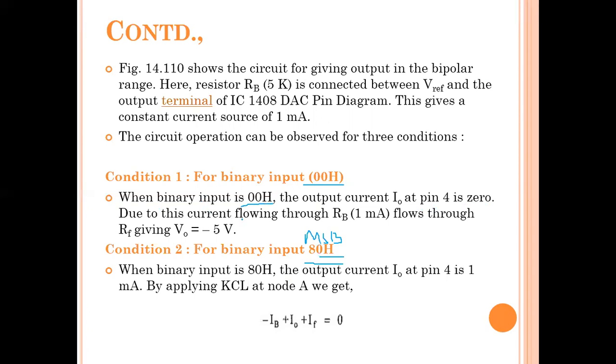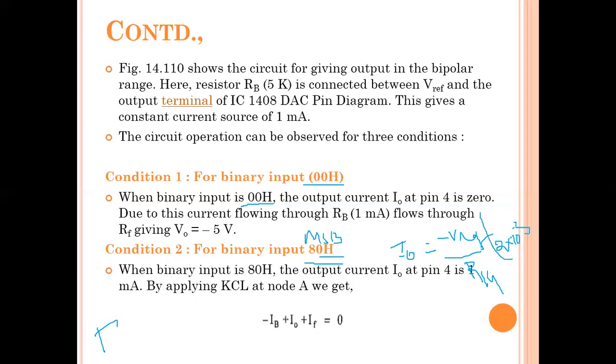Since we are not applying any input to high. That means, for example, we have seen that I0 is equal to minus V reference, minus or plus, that depends upon the input we are applying to the op amp. So minus V reference by R14. Here V reference is equal to 15 and R14 is equal to 2.5. So you'll be getting this ratio as 2 milliamps, 2 into 10 to the power of 3.